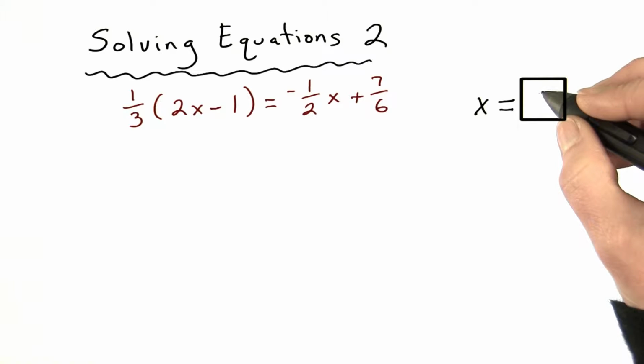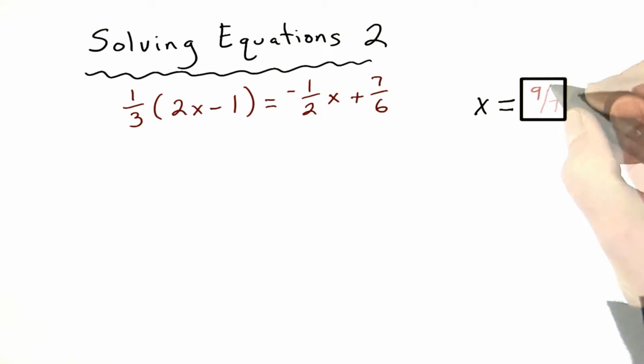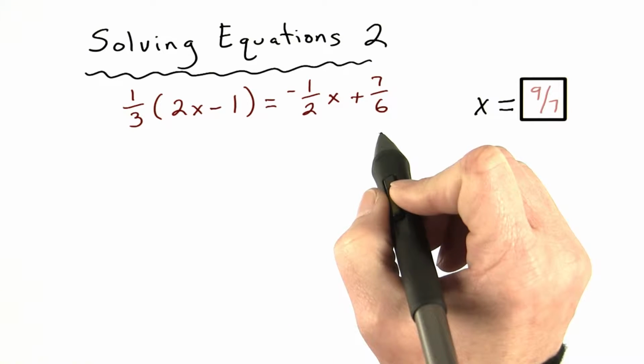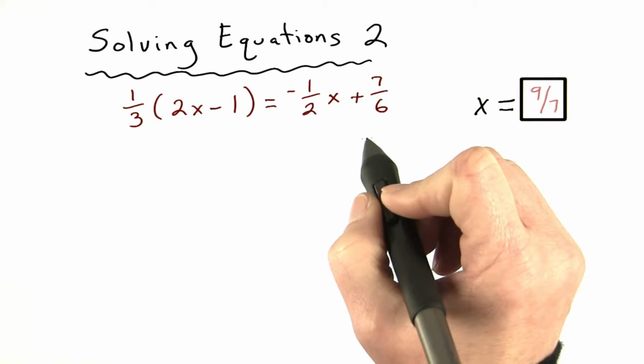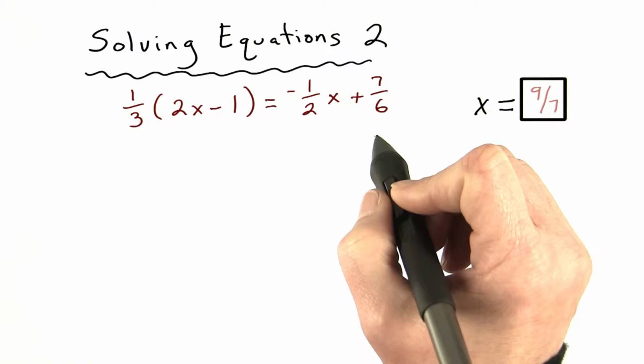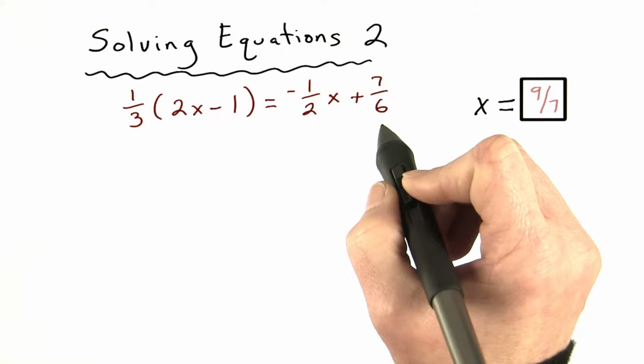The solution to this problem is x equals 9/7. Well, let's see how we got 9/7. Whenever I see an equation with fractions in it, the first thing that I want to do is get rid of the fractions, because I don't want to have to add, subtract, multiply, and divide fractions all the way through solving the problem. To clear the fractions out of an equation, I look at all the denominators, which I have